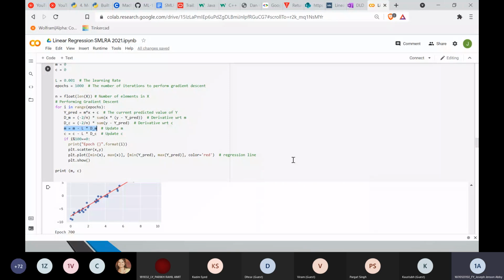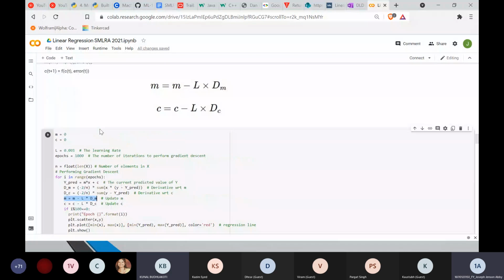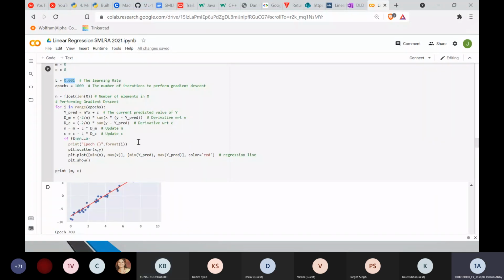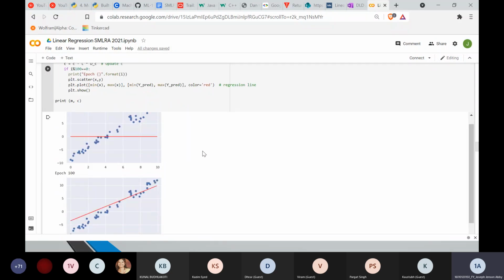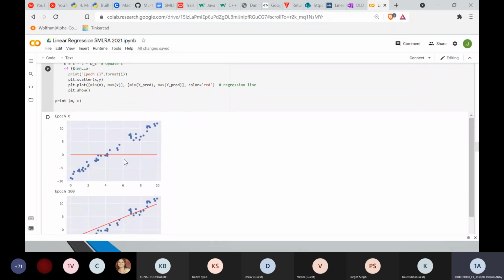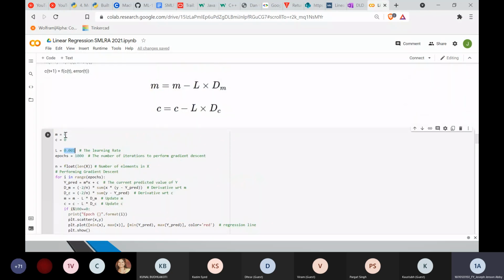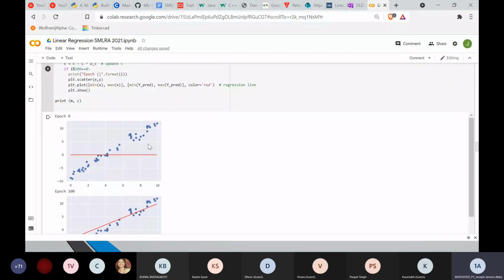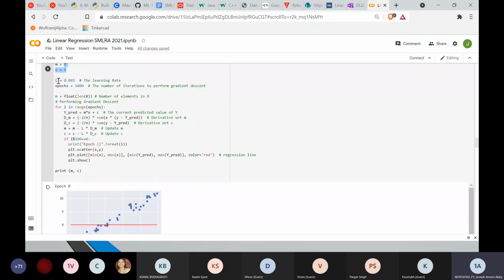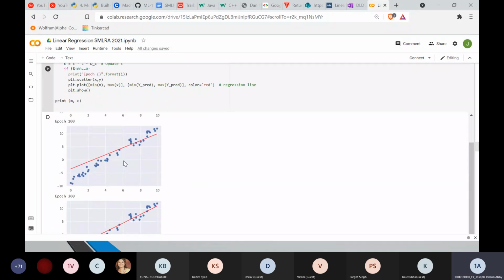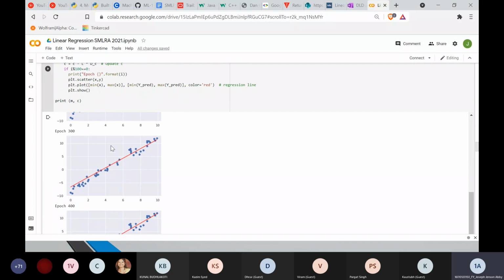All right. The value of learning rate L equals 0.001. We have basically defined the learning rate L equal to 0.001. I'll show you what effect, what change that makes. This is the code to plot the line, and I'll explain from here. We have initially taken m equal to 0 and c equal to 0, correct? That is our initial value. We have assumed the learning rate as 0.001, correct? So that is why it is at this rate.